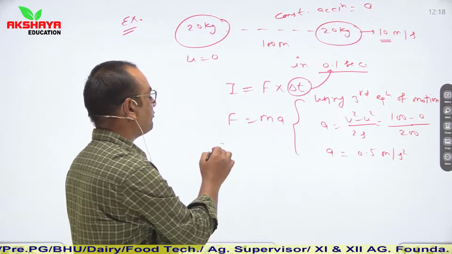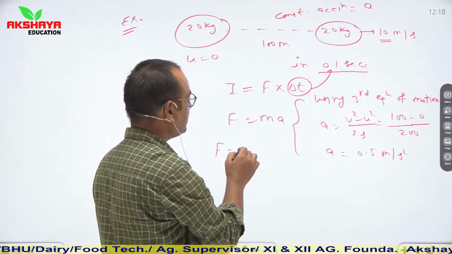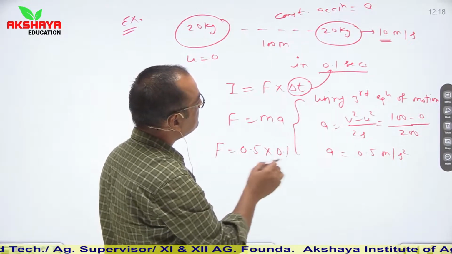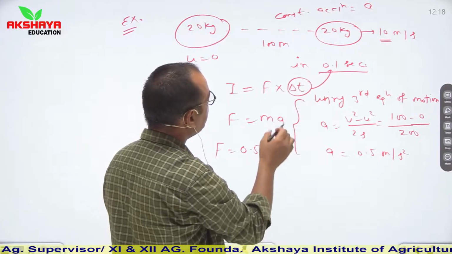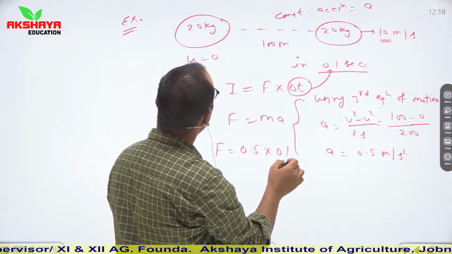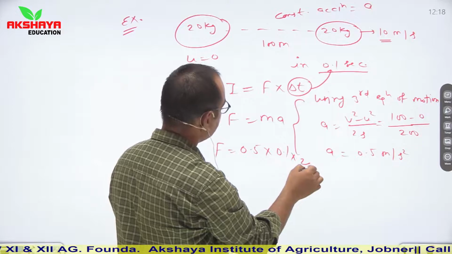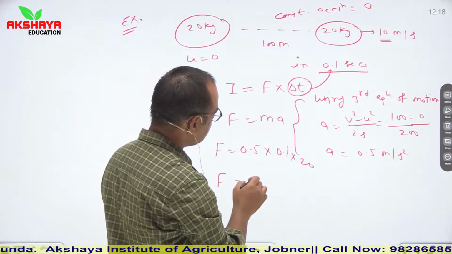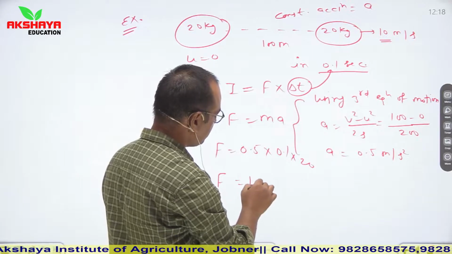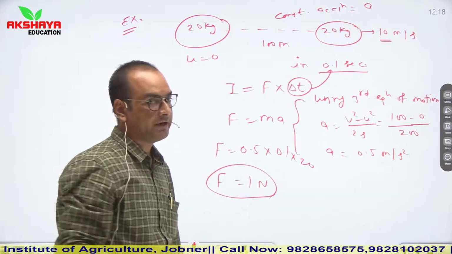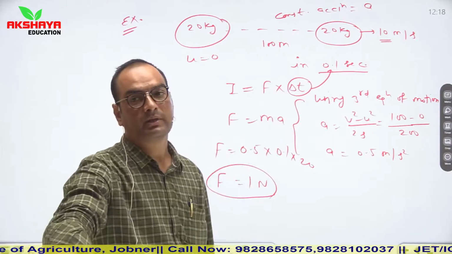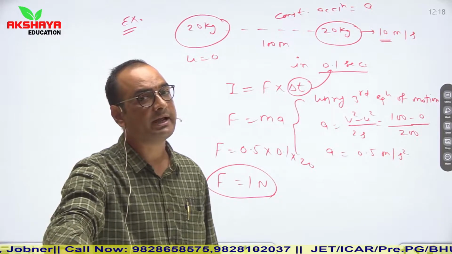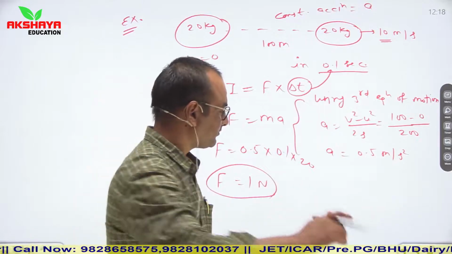Now you can calculate the impulse imparted in 0.1 second. So it is 0.5 into 0.1. This is acceleration, this is the short time period, and mass m is 20. So 20 into 0.5, this is 10, 10 into 0.1, 1. So a force of 1 Newton is applied in this condition. So these are some patterns which are based on momentum conservation, impulse and force due to acceleration.